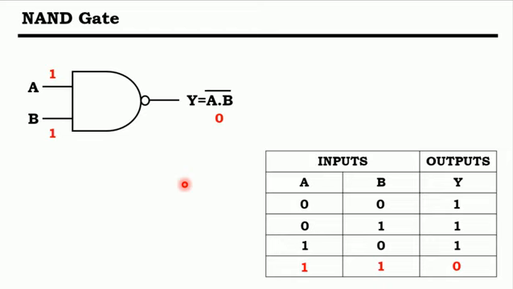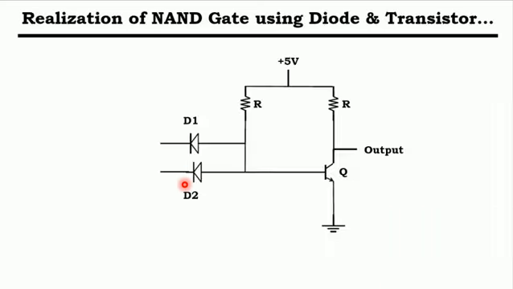Then how can a NAND gate be realized? By using diodes and a transistor, as shown in this figure. Here we see both the diodes over here. We provide the inputs A and B, and the output is taken over here, and this performs logic equivalent to the NAND gate truth table. If we verify by providing different inputs, we can get a proper idea about the NAND gate operation.